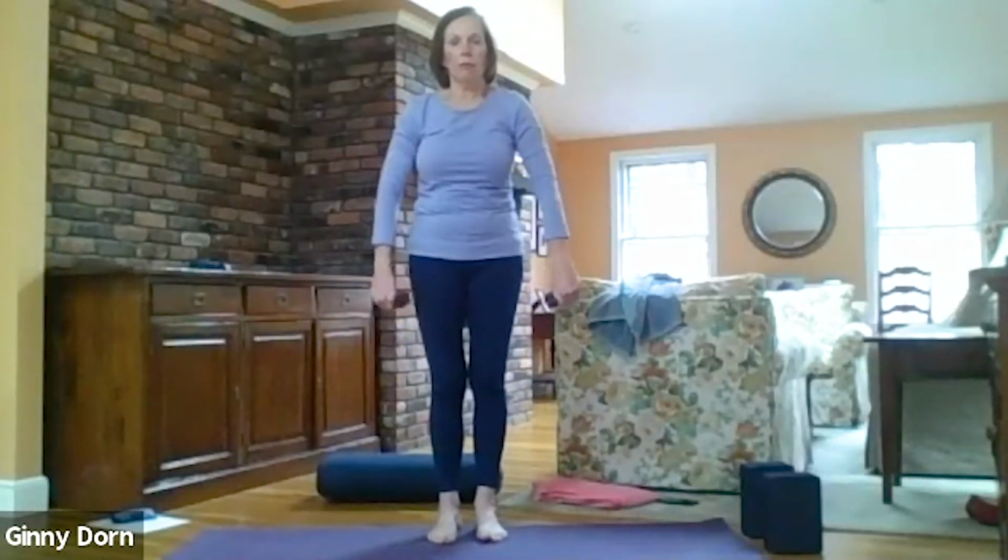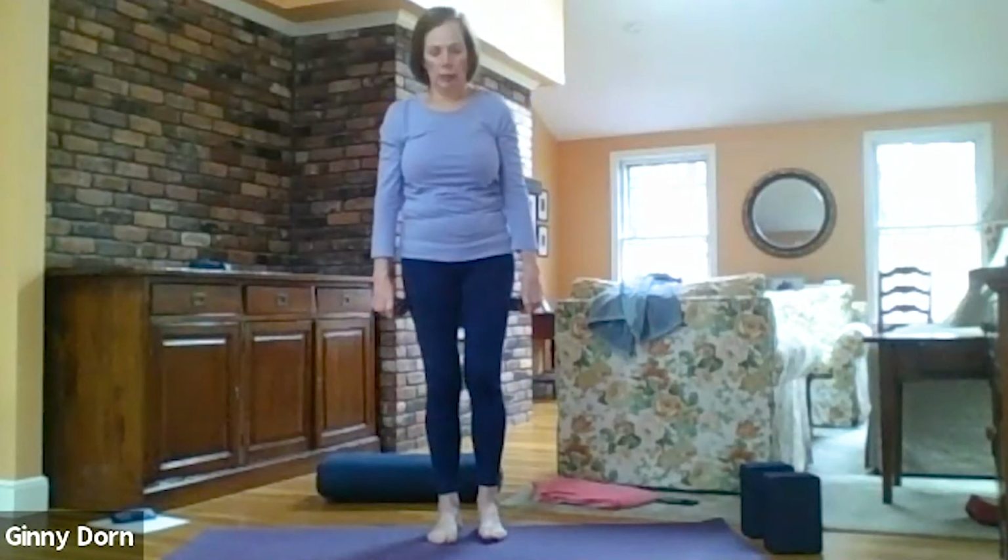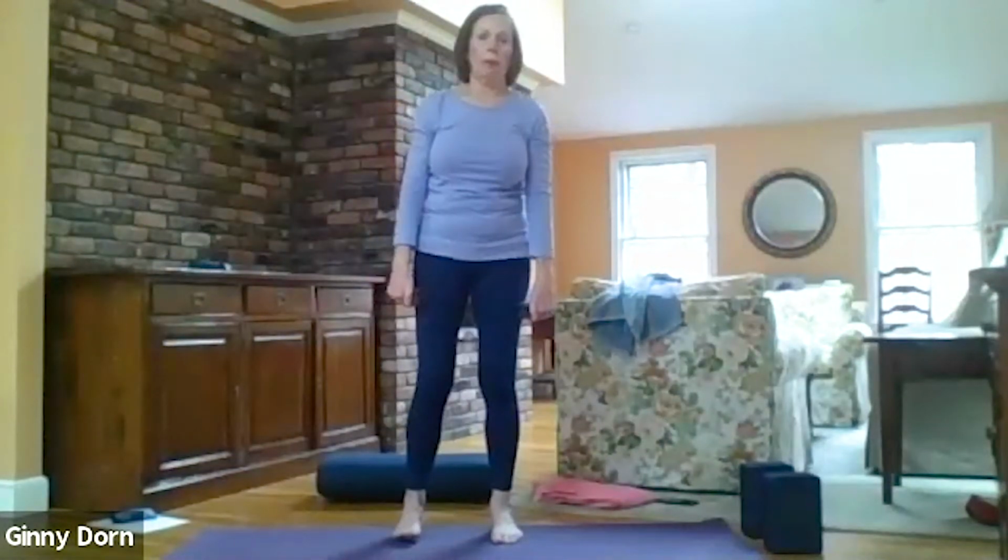And we'll do some front raises, some front rows. We'll do some presses, some combination moves also. So bring your feet to at least hip distance apart. You might want them a little bit further apart, but that's up to you. So let's just start with some front raises. And start with your left arm. Lift, right,